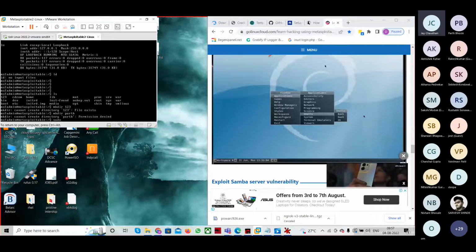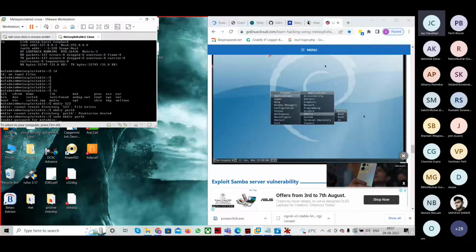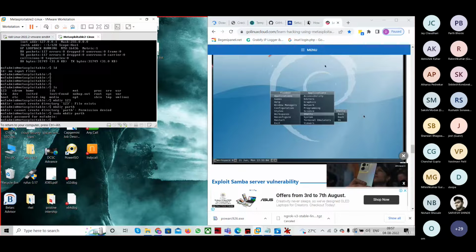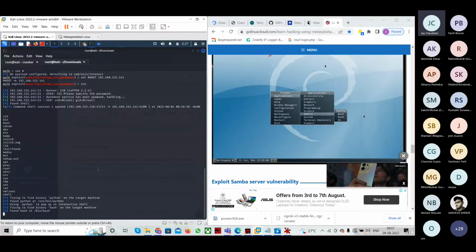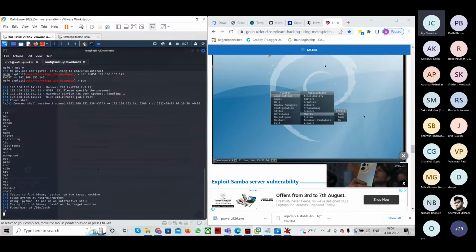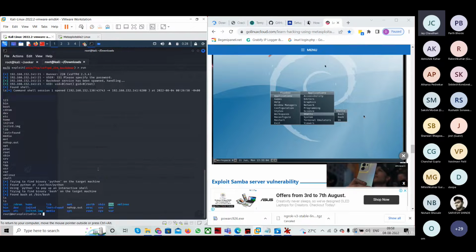ओके, तो mkdir ट्राई करता हूँ, path msfadmin। ओके, सो ये पासवर्ड का इश्यू है, बाकी मुझे उस मशीन के शेल का एक्सेस मिल गया, देख रहे हो। जब मैं ls प्रेस कर रहा हूँ तो ये सारी फाइल्स दिख रही हैं, यहाँ पे भी मुझे वही सारी फाइल्स दिख रही हैं। ओके, अगर मैं शेल डालूंगा यहाँ पे, तो मुझे उसके शेल का एक्सेस मिल जाएगा। देखो यहाँ पे एक्सेस मिल गया।